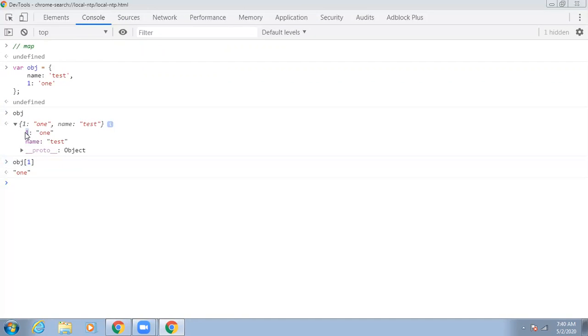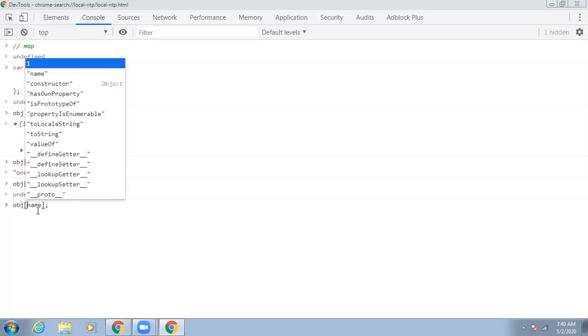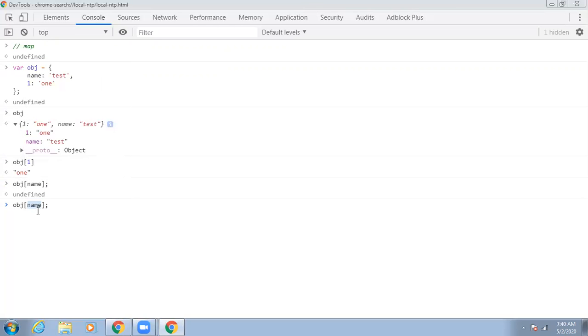So obj1 and the name like this. If I am using this name, it is not getting me the actual value.